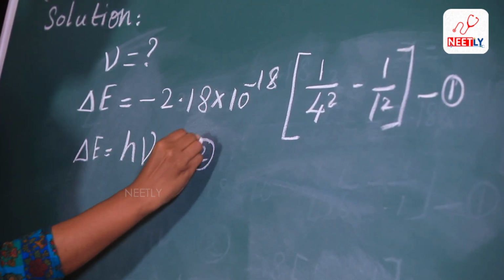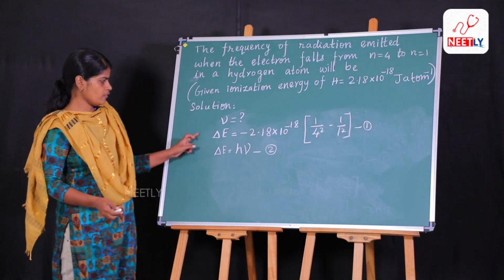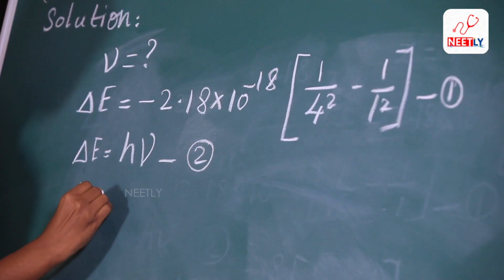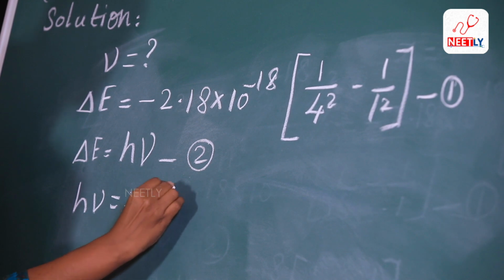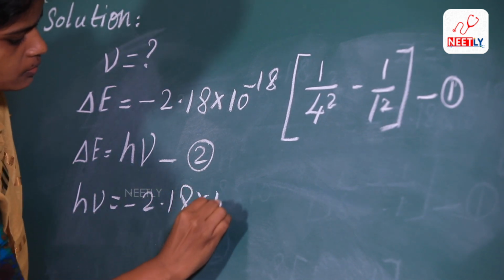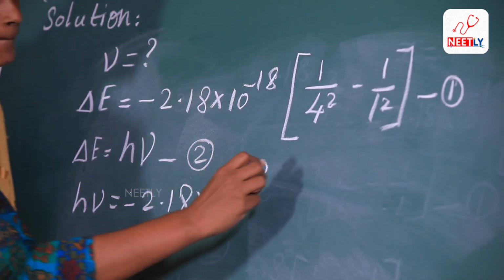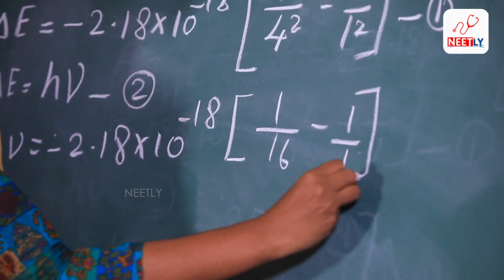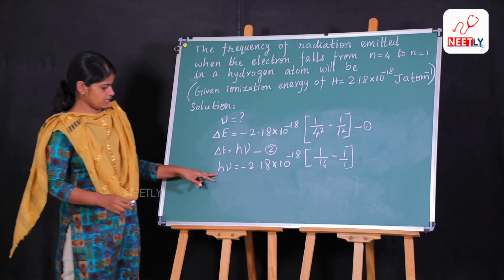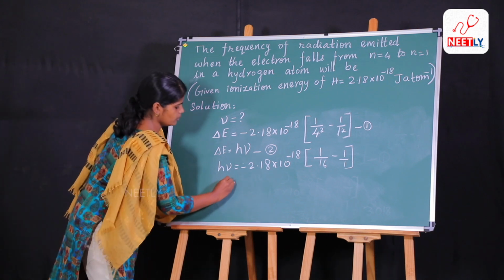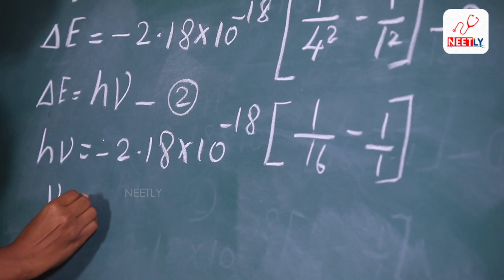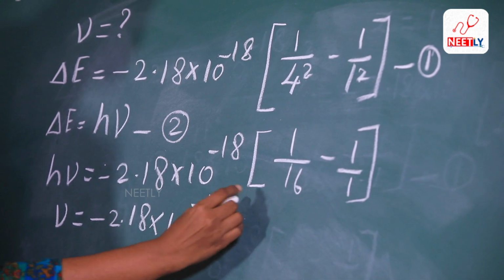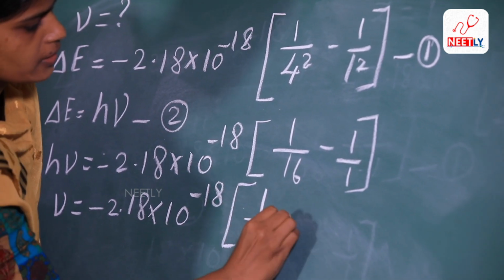Let us take this as equation 2. If we substitute the value of this ΔE in equation 2, then we obtain hν = −2.18 × 10^-18 × (1/16 − 1/1). So if we bring this Planck's constant h to the denominator, then ν = −2.18 × 10^-18 × (1/16 − 1/1),